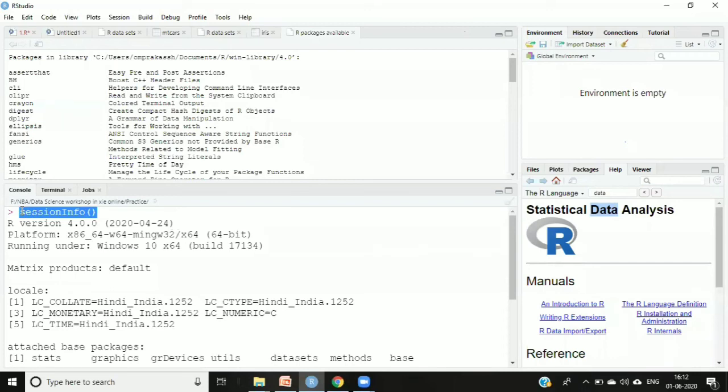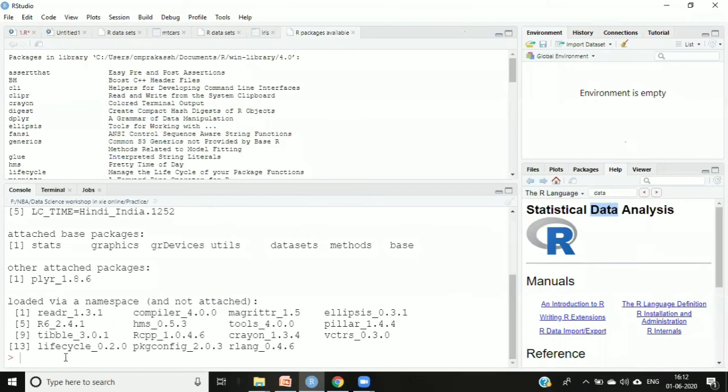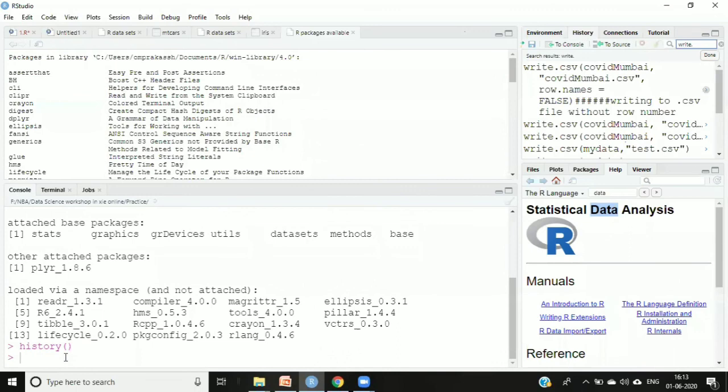Then there is one command, history. If you type the history command, it will give you the history of the commands which you have fired. So I'll say history, open the bracket, close the bracket, and enter. If you see here, it shows me all the history.